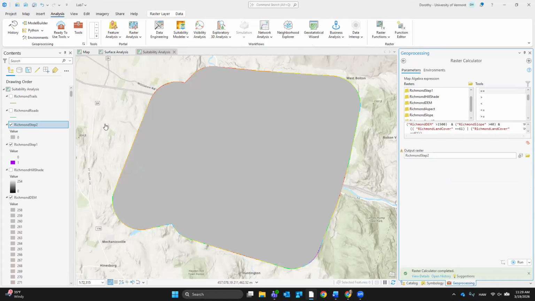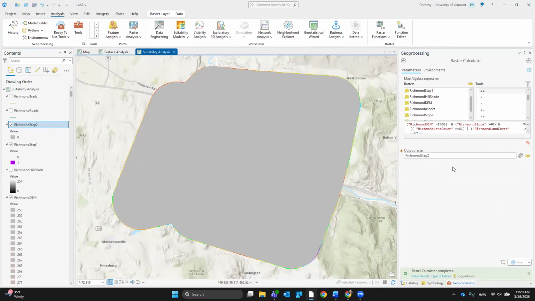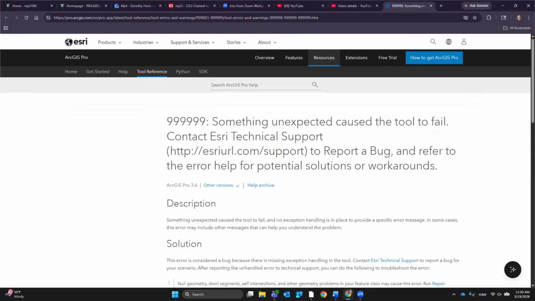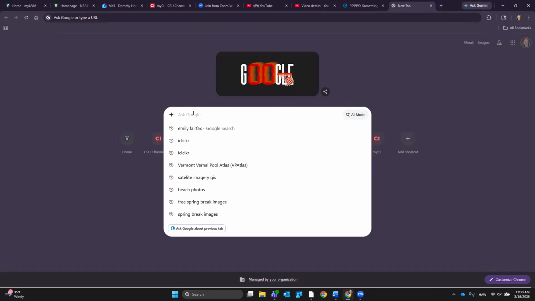Son of a biscuit. Oh, so annoying. Okay, somewhere in here it doesn't like this code. So what I'm going to do is copy the code and go to Google, what's wrong with this code?